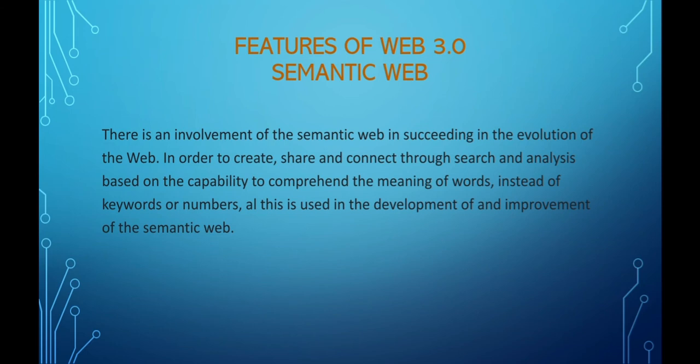Features of Web 3.0. Semantic Web. This is the involvement of the semantic web in succeeding the evolution of the web, in order to create, share, and connect through search and analysis based on the capability to comprehend the meaning of words instead of keywords or numbers. This use is the development and improvement of the semantic